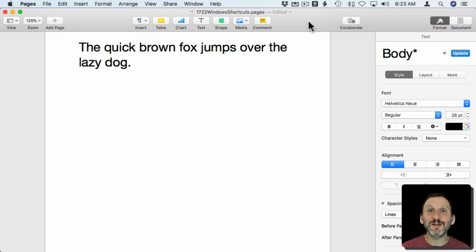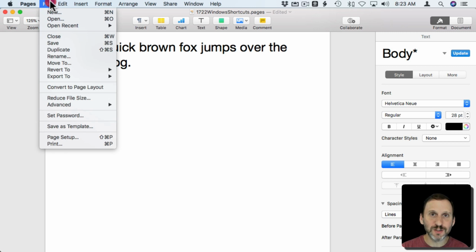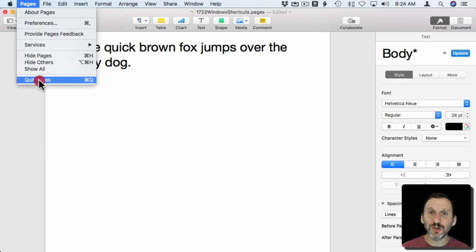So another one is using Alt F4 to close something in Windows. Close the window, close the app. On Mac you do various different things depending on which one you want. So for instance to close a current window that's open you would use Command-W. And that closes, say if you have 3 Pages documents open, it closes the frontmost one. If you have 1 Pages document open it closes that window but Pages is still running. If you want to quit the app then typically you use Command-Q. And this could vary by app but typically it's Command-W for close, Command-Q for quitting an app.